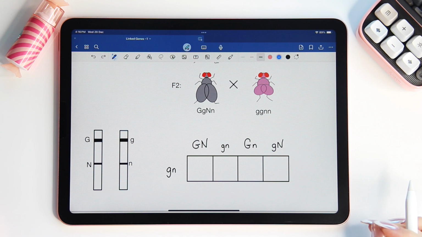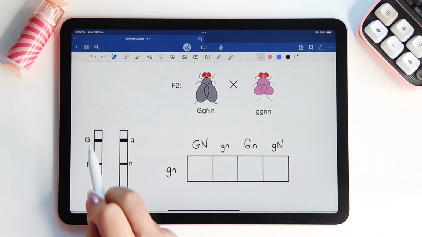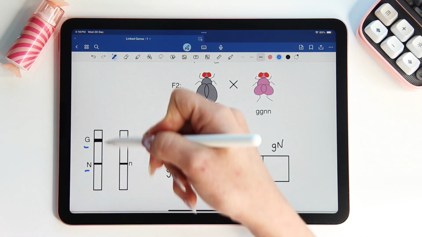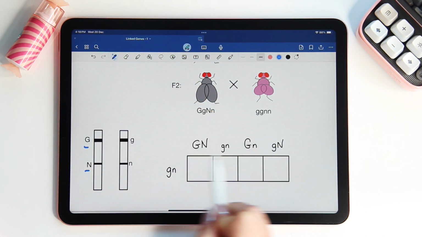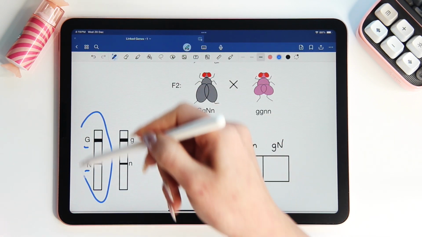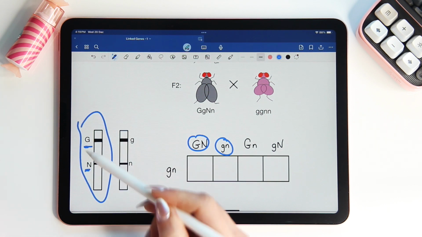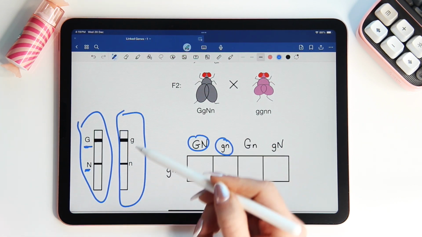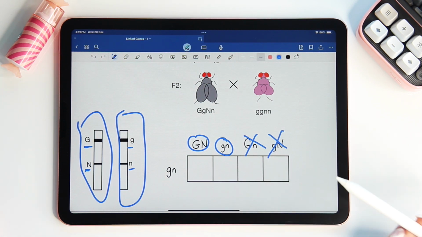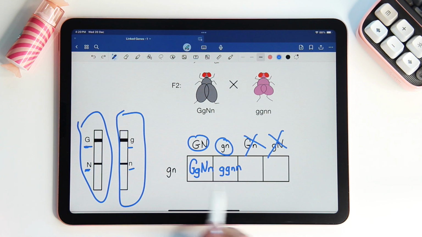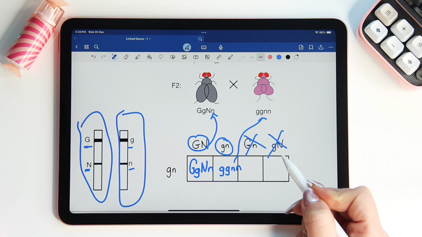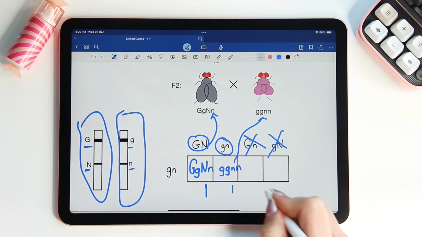The second scenario is that the two genes are on the same chromosome. If alleles G and N are on the same chromosome, then in the gametes we will have two possibilities. We will have gametes carrying the capital G, capital N chromosome and gametes carrying the small g, small n chromosome. These two will not even exist. Then we'll have two phenotypes which are the same as the parental genotypes with a ratio of 1, 1, 0,